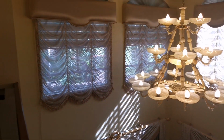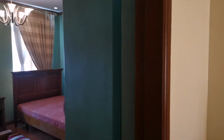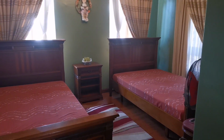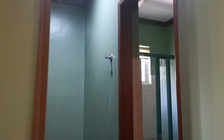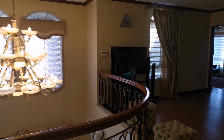So if we immediately go to the left, we can see a nice bedroom set up in here. Nice kids room. And they have a built-in closet to the left. And then you walk in here and you have the CR and full shower. Then when we come out,